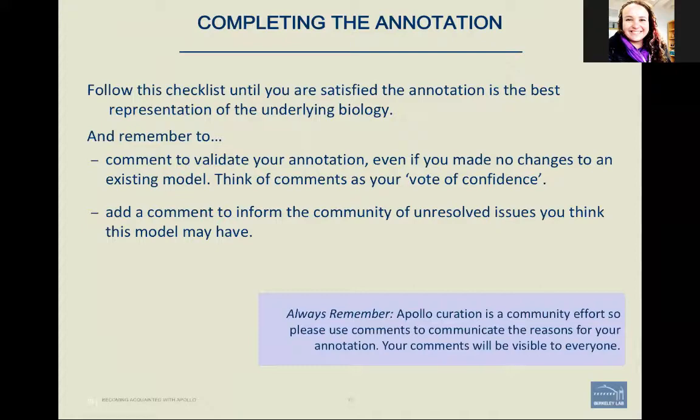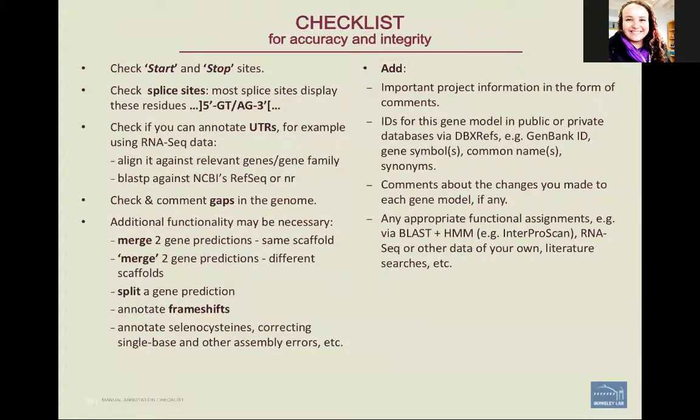So this is my checklist. Check that you have a start. Check that you have a stop. Make sure that all splice sites are canonical, and if they're not, note that they're not supposed to be canonical. Check that you have annotated all untranslated regions as the data allow. Check that you've accounted for gaps, that you have been able to merge or split gene predictions. Note that as well. And then also add important project information as comments, cross-references, or any other additional information such